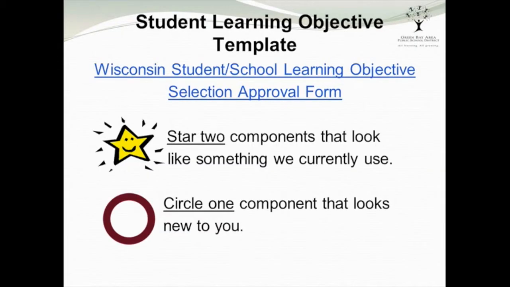The DPI has provided a form or template to assist educators in developing the student learning objective. You should be looking at the white paper copy that has been provided for you in order to participate in this activity. As you look at the Wisconsin School Student Learning Objective Selection Approval Form, you will notice that the first few sections are personalized to reflect each educator's specific professional information, such as name, content area, and grade level,